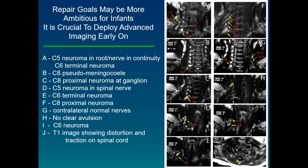Now, along with the various classical methods for trying to understand the severity of the injury, we also have advanced MRI techniques such as MR neurography and diffusion tensor imaging, which can help quite a bit. This is an obstetrical injury which demonstrates a number of different types of pathology. In frame A, we can see the C6 spinal nerve with a terminal neuroma. We can see at C5, it's a neuroma in continuity. In B, we can see what looks like potentially a pseudomeningocele. In C, we can see what proves to be a proximal neuroma,